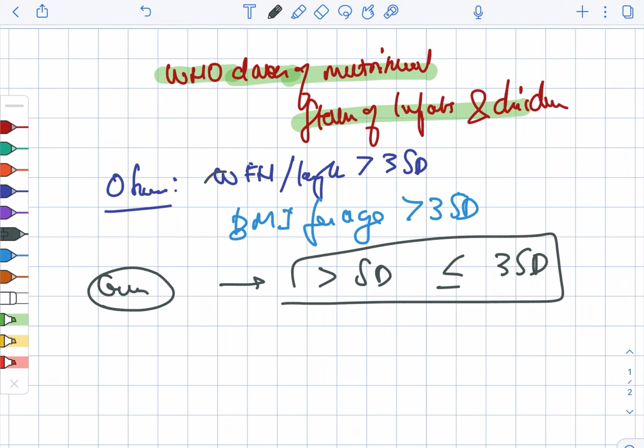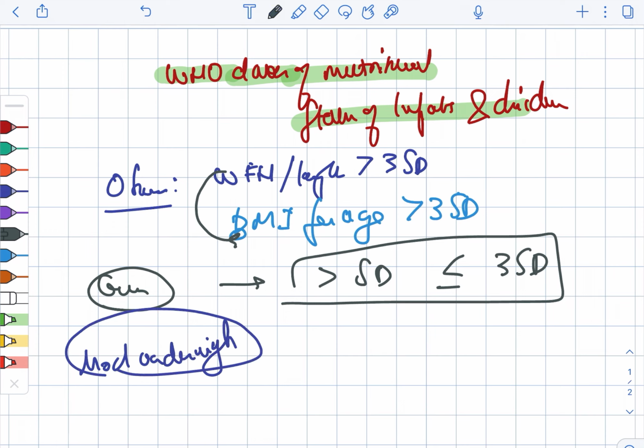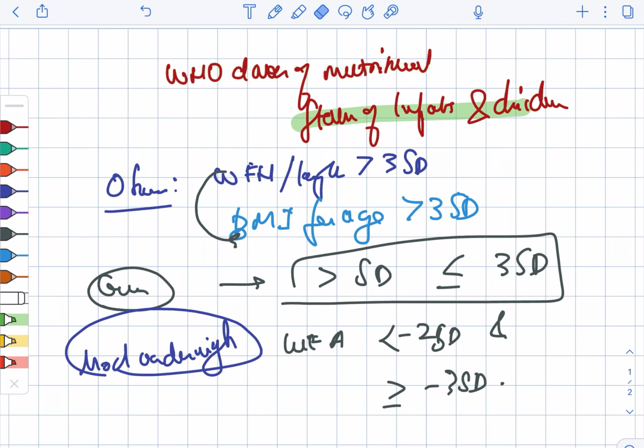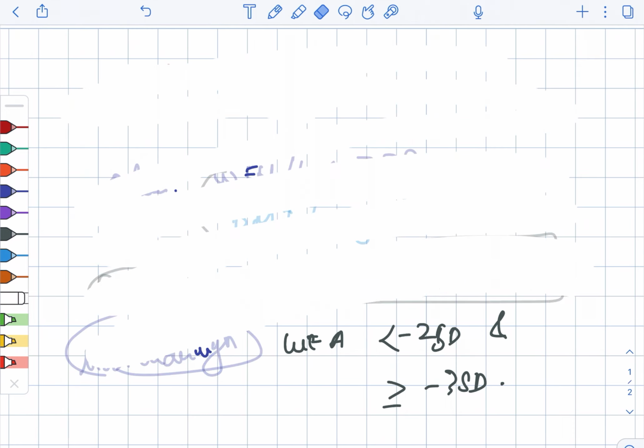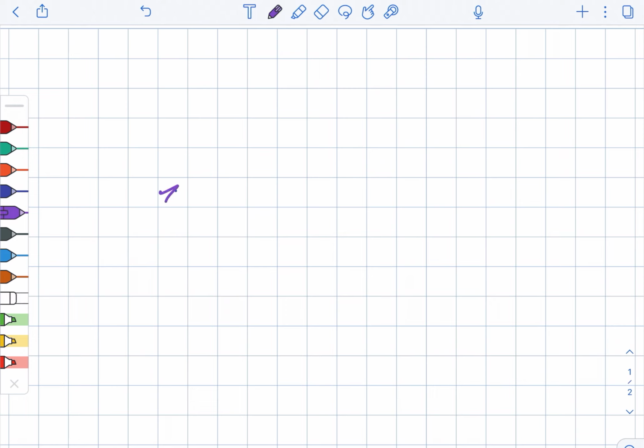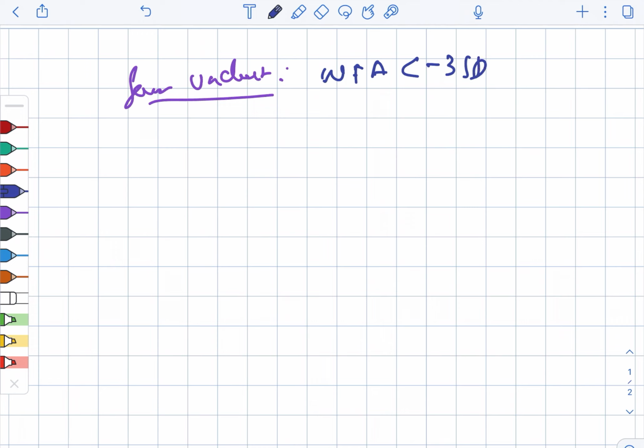deviation. The same criteria. In case of the moderate underweight, it is the weight for age less than -2 standard deviation and greater than or equal to -3 standard deviation. Now we will compare the severely underweight. Severe underweight includes the weight for age less than -3 standard deviation, and looking at the moderate